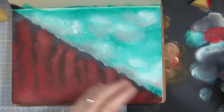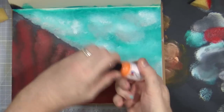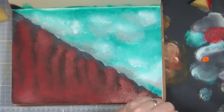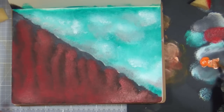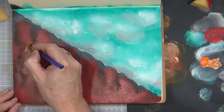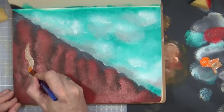Okay, so the red is dry, so now I'm going to be bringing in some tangerine. And this time, rather than using a sponge, I've got a little flat brush. This is one I got free with some gelatos from Faber-Castell. So I'm just going to paint in